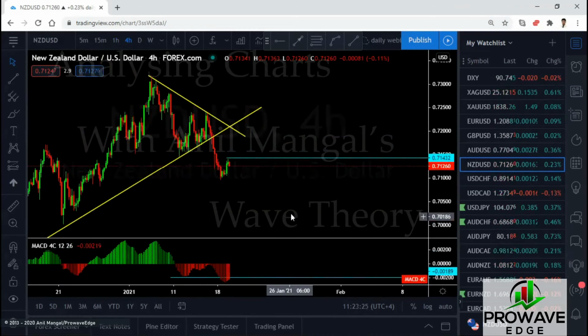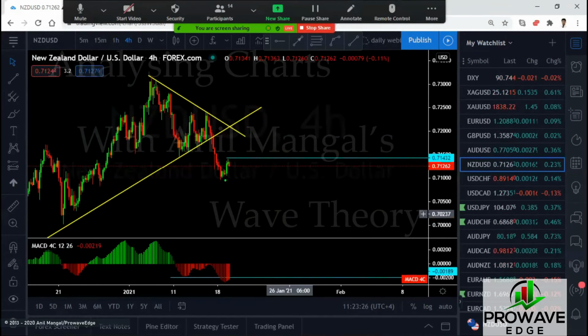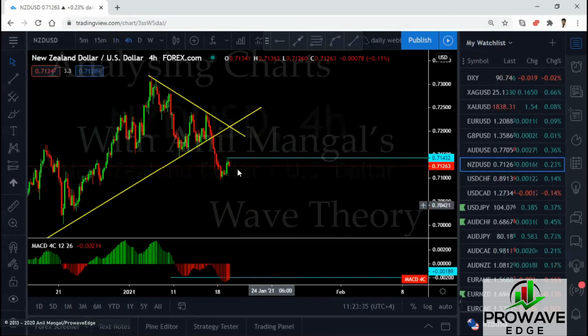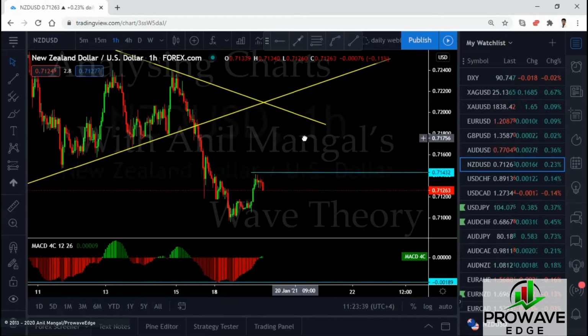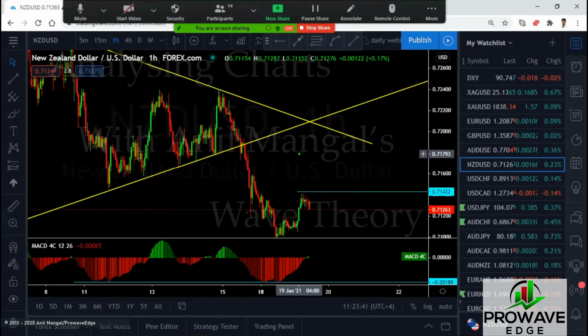So what we're going to do is, if this, instead of going up, consolidates here, if we see a consolidation here, we'll go for the sell. So it will do two things right now. Either this 1 hour flag breaks to the upside and it goes back to the top. That is possible. When you get 1 hour flags like this, they do that. So I could see this coming here and then taking off like that. That's a trade we will take if that happens.